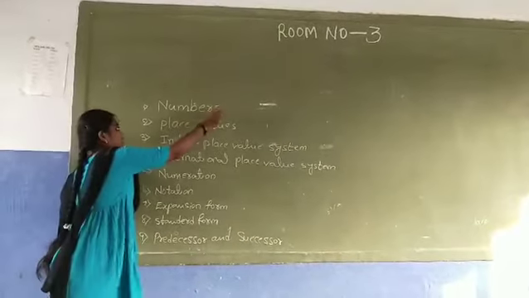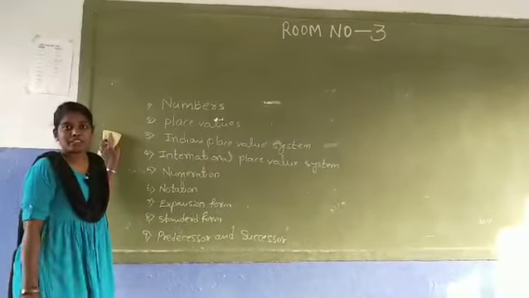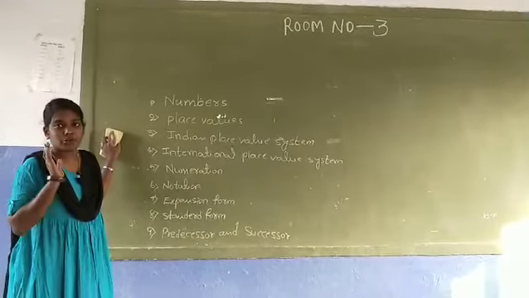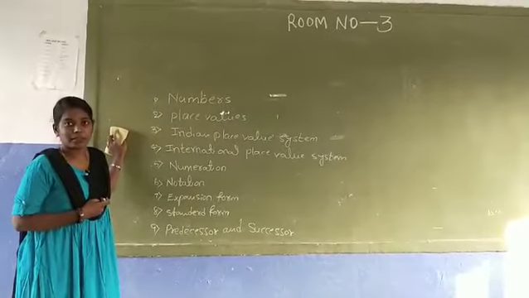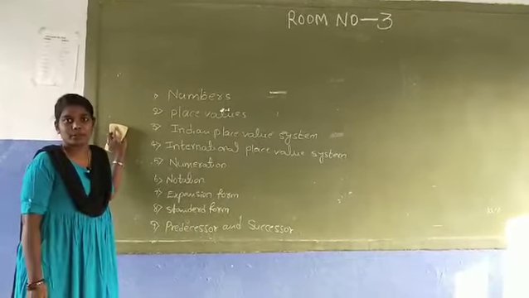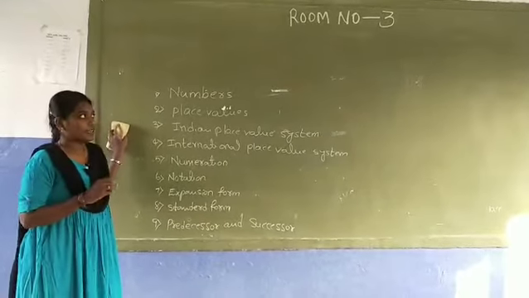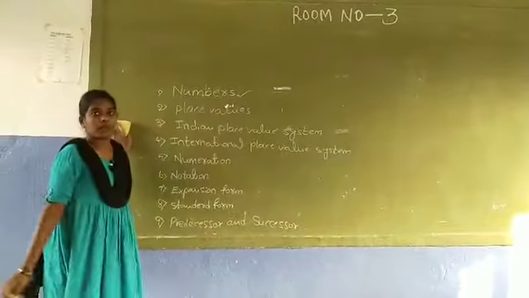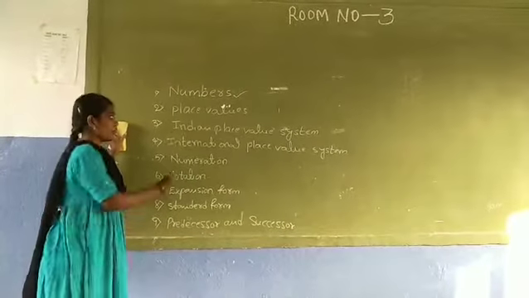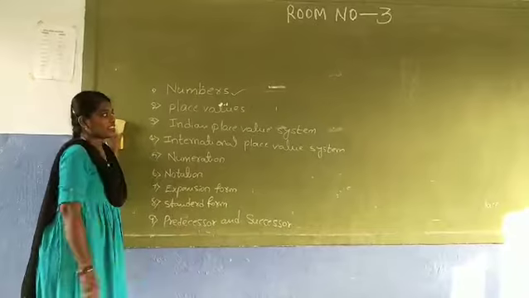Numbers, we are discussing about these numbers. Numbers means 0 to 1, 0 to 9, and we have so many numbers. In that, which one is the smallest one digit number? 1, and the greatest one digit number? 9. Like this we are writing up to crores. Place values, we have two place value systems. One is Indian system and one is international system.